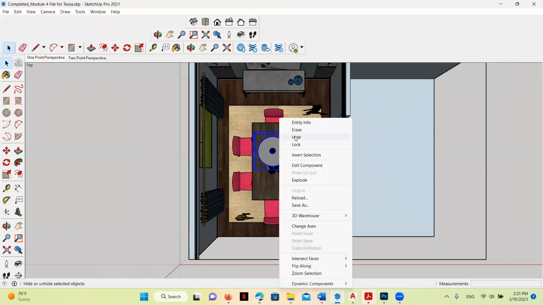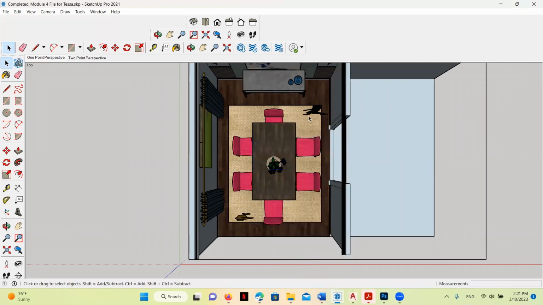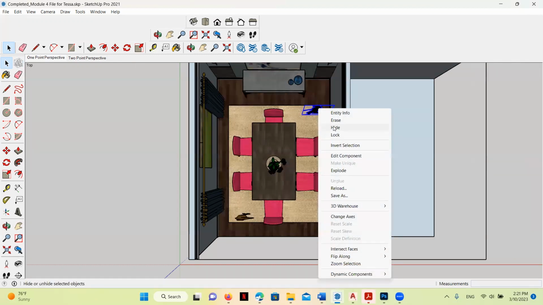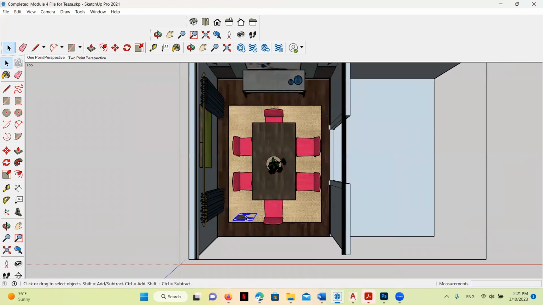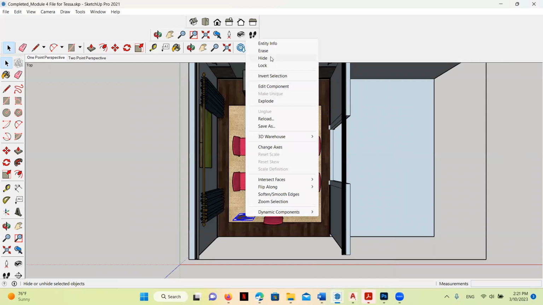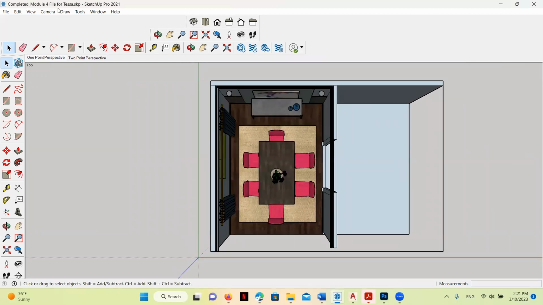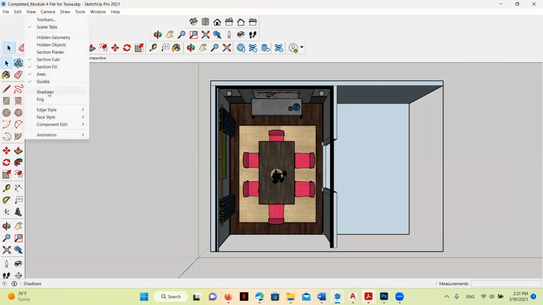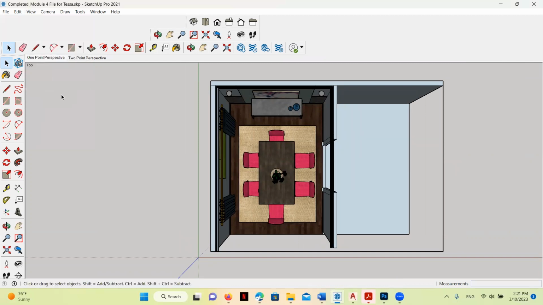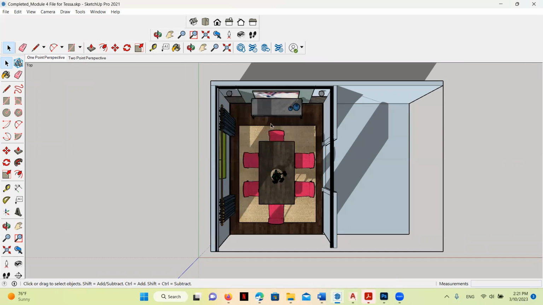I'm also going to hide the pendant light because you wouldn't see that in a floor plan. And even though I love these scale figures here, I'm actually going to hide them because they're paper thin in plan view. So we'll go ahead and hide that. The next thing I'm going to do is I want to add the shadows here just because it'll make it look better when we take a look at it in Photoshop. So we're going to go ahead and add some shadows in. So you can see them a little here. We'll add some dynamism to the view.